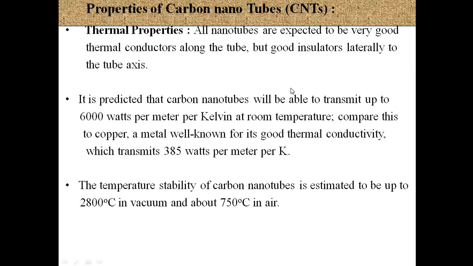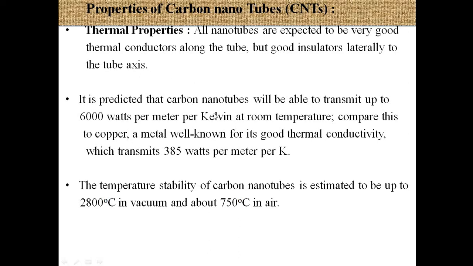How the properties are intermixing, this is important. That's why the CNT is a beautiful material which has tremendous applications. You cannot imagine how many fields the carbon nanotube can be used in. Just name the technology, you will find an application of carbon nanotube in that technology. So my dear friend, that's why carbon nanotubes are very important. See, beautiful properties are there. These are thermal conductors along the tube and thermal insulators laterally to the axis of the tube.